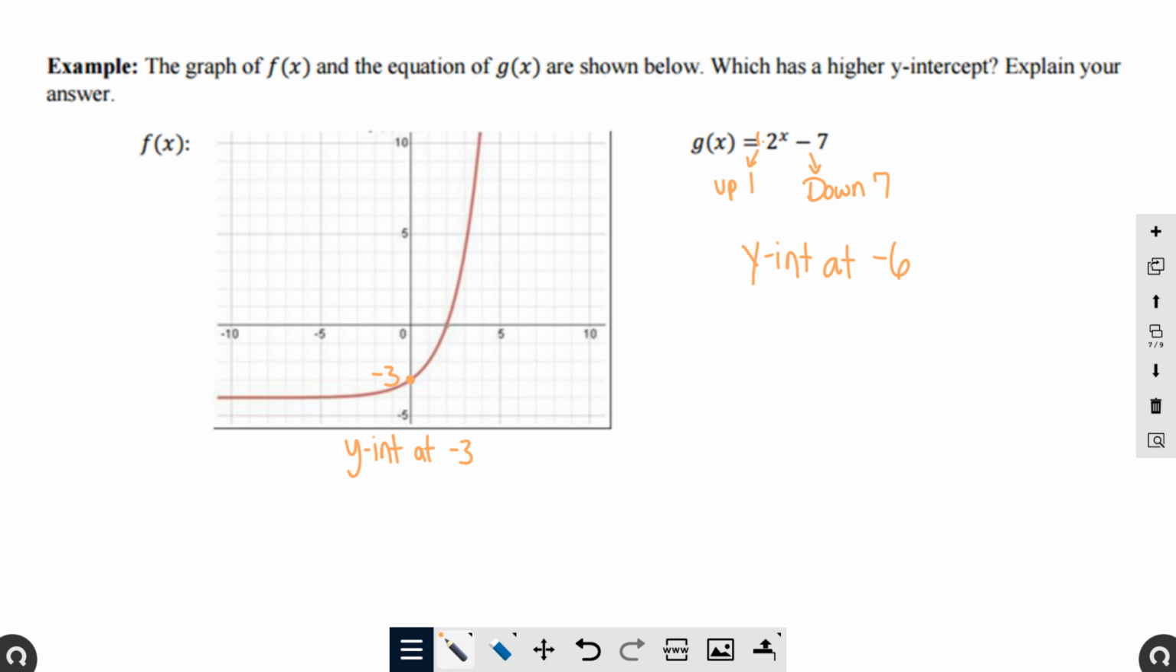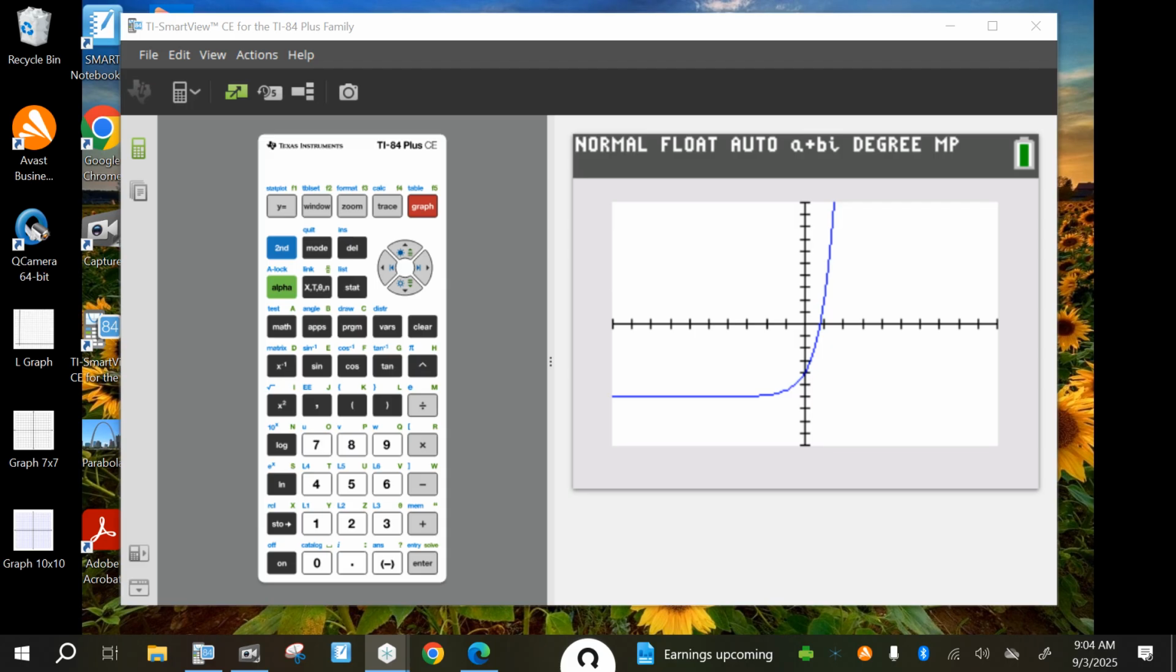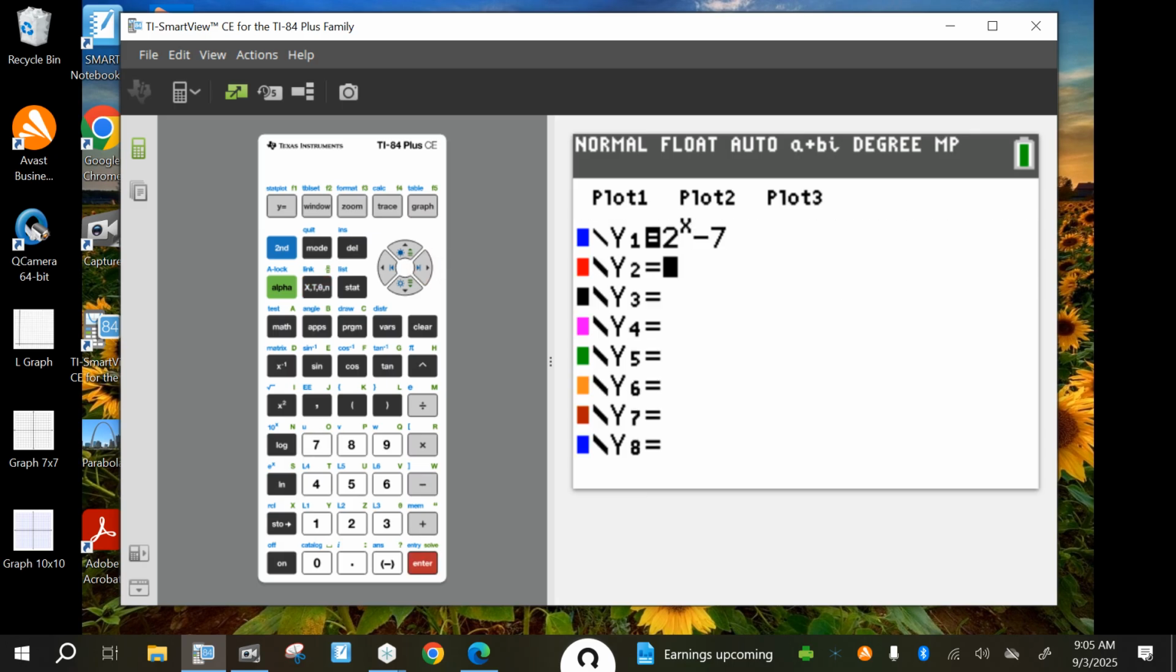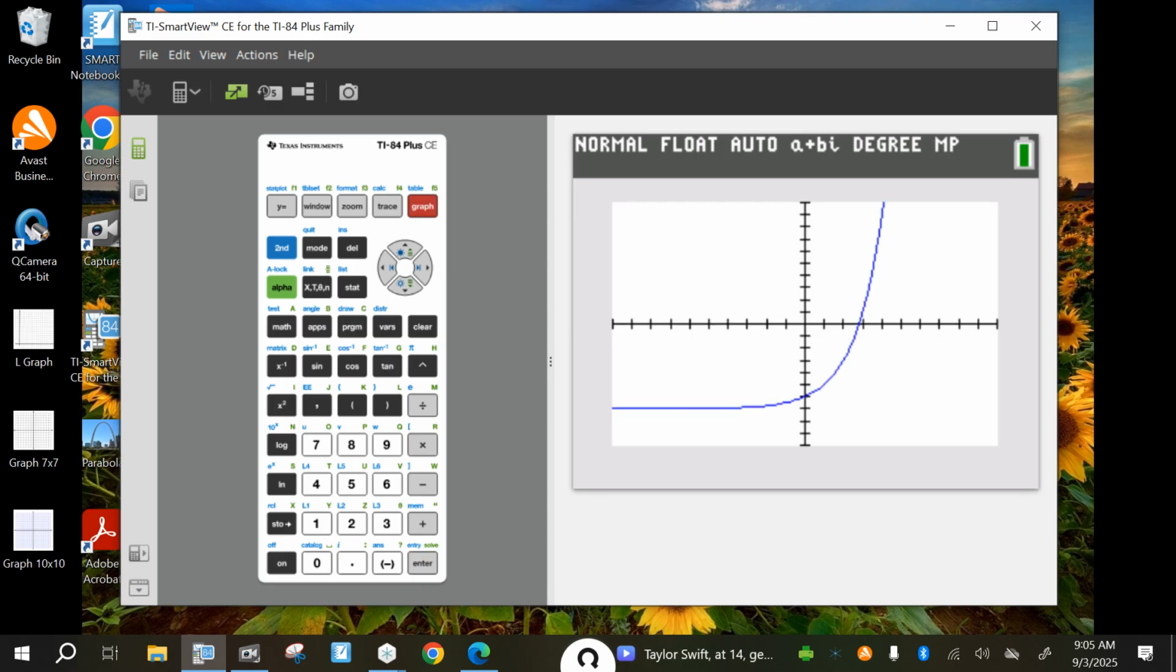Now, if you don't like doing the algebra way, we can do it with our calculator. So type it in y equals. Everybody do this with me so that way we remember how to do it. Type in that equation exactly how it looks. 2 to the x. Don't forget to right arrow. And put your minus 7. You don't even have to look at the graph, but if you want to, you can. You can hit graph and you can start counting. And it looks like it crosses at